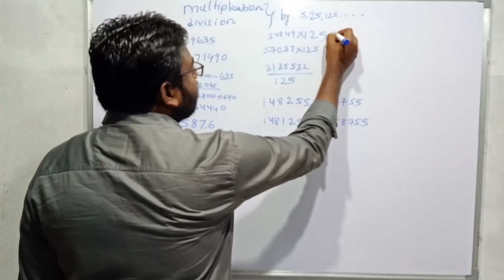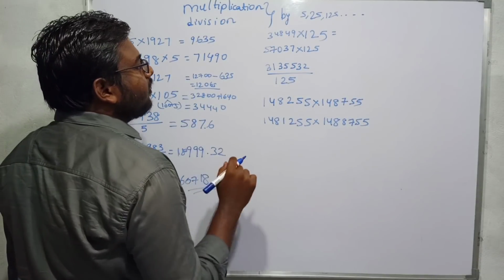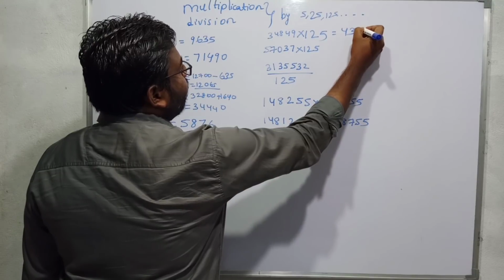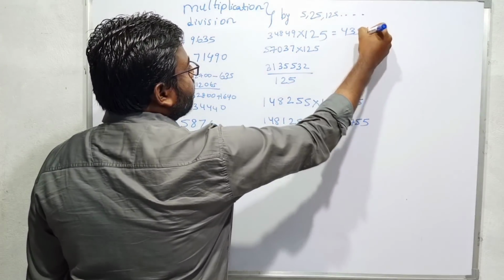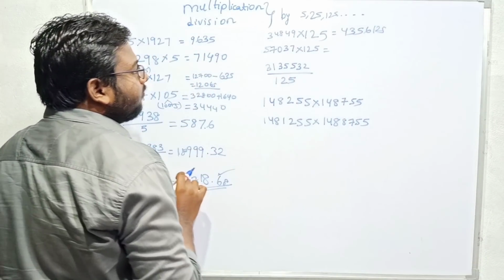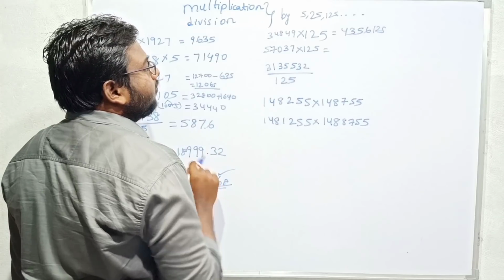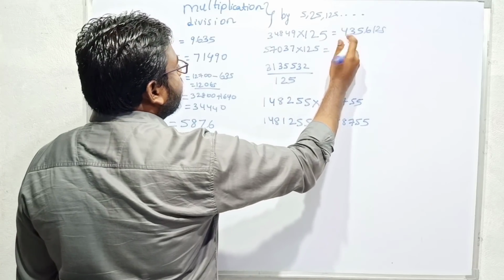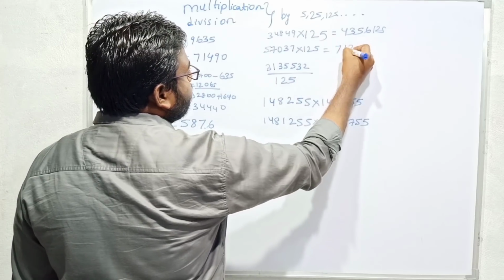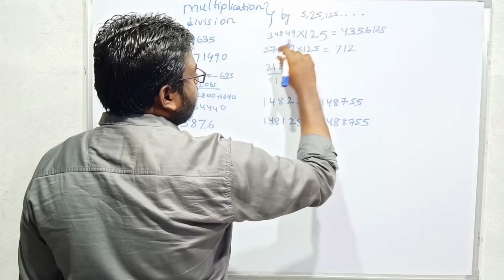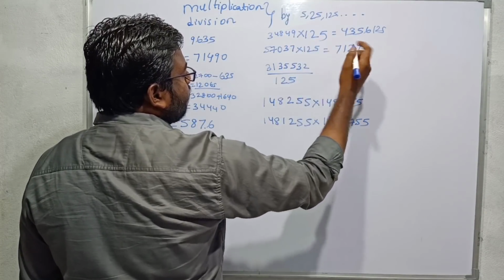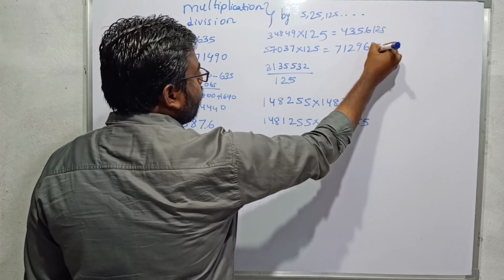For example, if I have to calculate the multiplication with 125, this is nothing but the division with 8. So 8 4s are 32, 8 3s are 24, 8 5s are 40, 8 6s are 48, and remainder is 1. So this is 125. So this also, if I divide this with 8, we will get the multiplication with 125. If I divide this with 8, 8 7s are 56, 8 1s are 8, 23, 8 2s are 16, and 7 is there, 77, 8 9s are 72, that means 5 is the remainder. So 125 5 is 625.